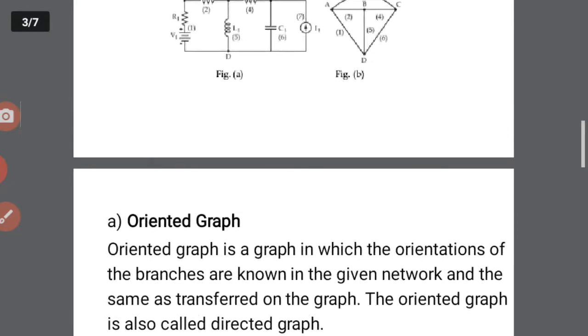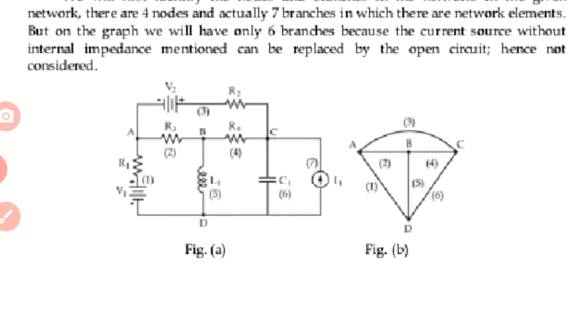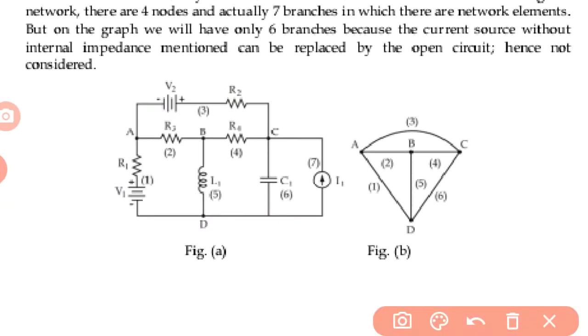So for example, look at the same circuit diagram. Here, what is a node, what is a branch, what is a principal node, and what is a loop? Okay, the first thing is node. A node is where two or more elements are connected: two or three branches connected at one point. That point is called a node. Here we are representing this node as A.